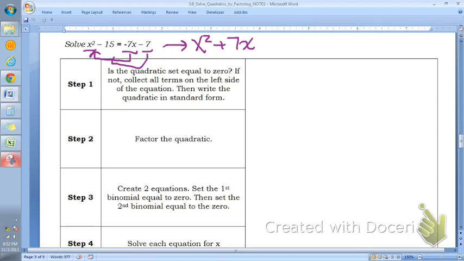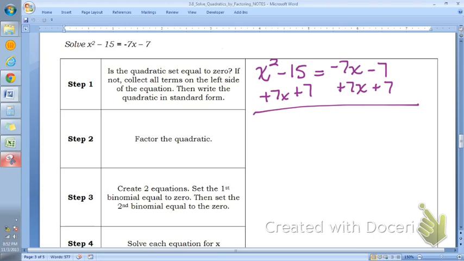Then we also need to move that negative 7 to the other side. Remember that you need to add that 7. So negative 15. Here, let me write this out a different way for you. That might be a little bit better for you to see. So we had this negative 7x that we needed to move to the other side. The opposite of that would be a positive 7x, and you add that to the other side over here. You also need to move that negative 7 to the other side, so we added 7 and added 7 to